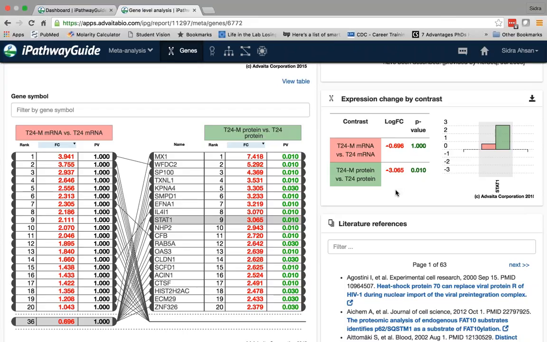So really quickly, I was able to generate a hypothesis that I can further study in lab, if I wanted to look at why the mRNA levels don't exactly correlate with protein levels, even though they're both upregulated.